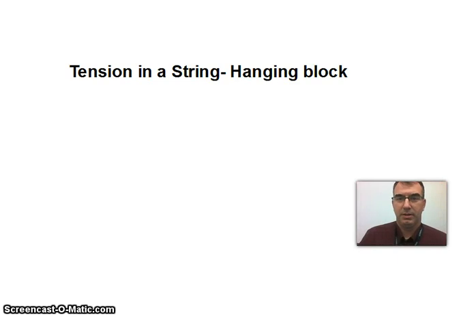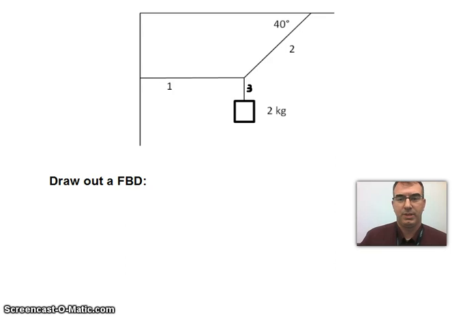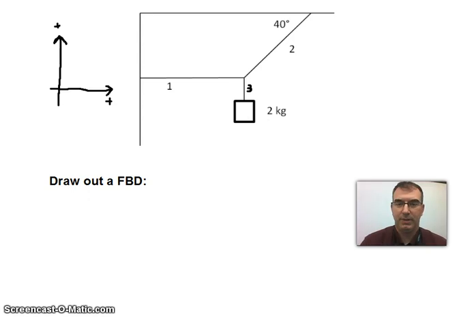Hello everyone. In this short video I wanted to go over how to calculate the tension in a string for an object that is in static equilibrium. So here I have a block that's supported by 3 strings, and the question asks, what is the tension in each string? In this problem I'm going to use to the right is positive and up is positive,